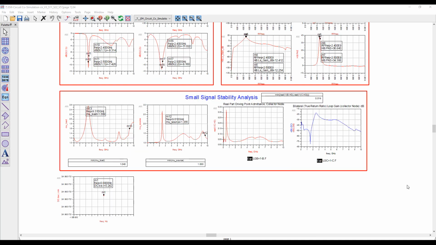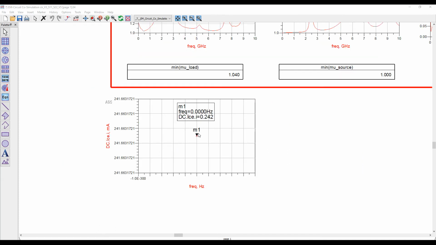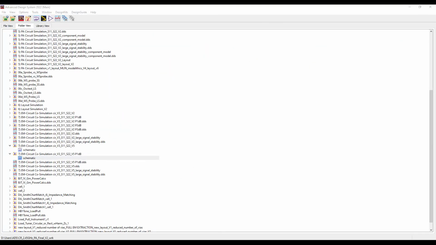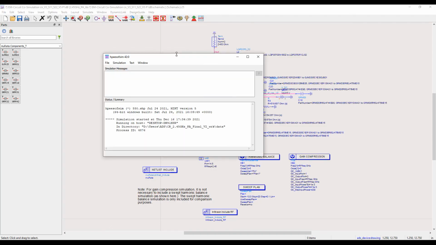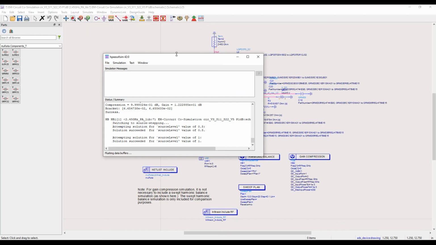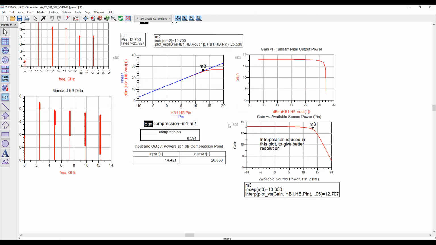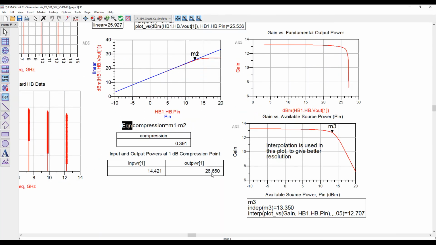The small signal stability analysis parameter shows that our circuit is stable over a wide frequency range. The circuit current drawn is 0.24 amps. Let's look at the P1 dB. The P1 dB number is 26.6 dBm, which is meeting the spec.